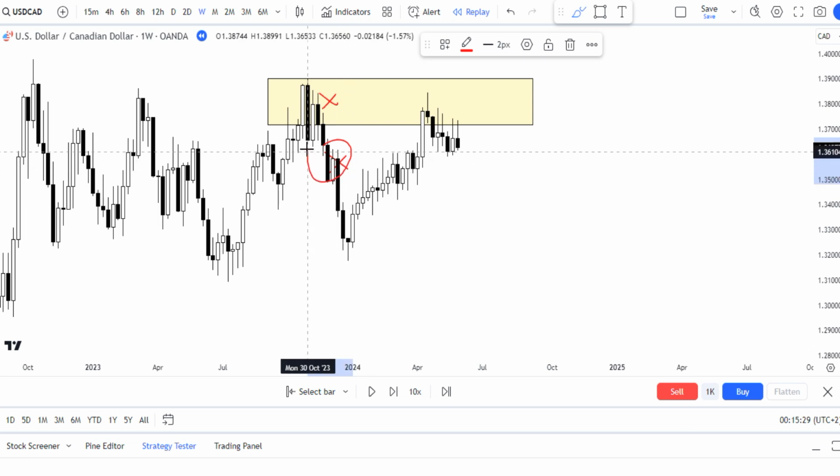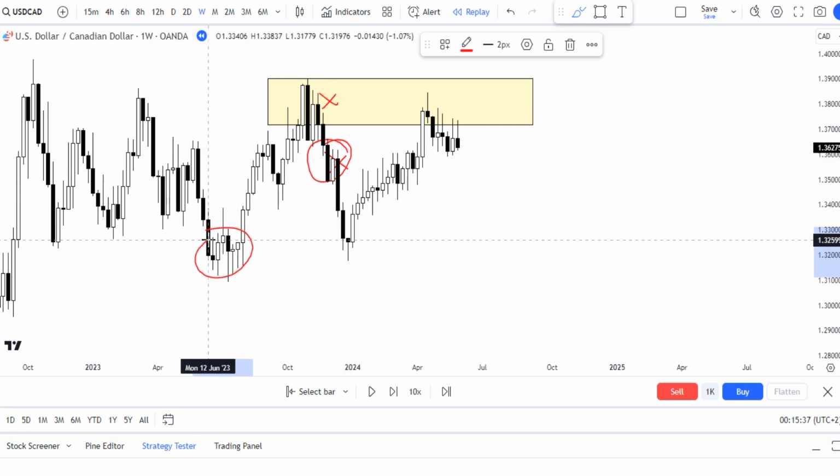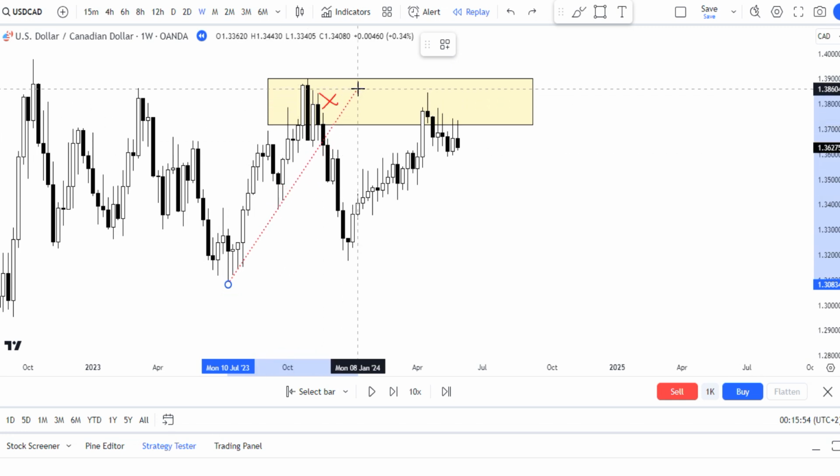In this case, this order block here did not achieve anything. It did not remove this imbalance here. That's why this order block is not a valid one. It is not an imbalance, but this one is an imbalance because if I draw a trend line just like that,